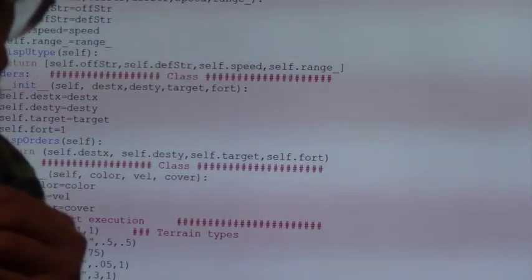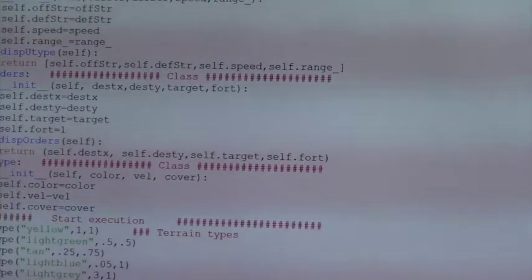What's the difference between a class and an object? Object is like a